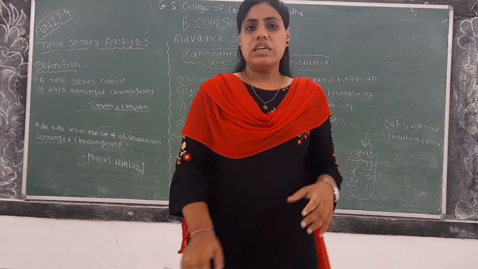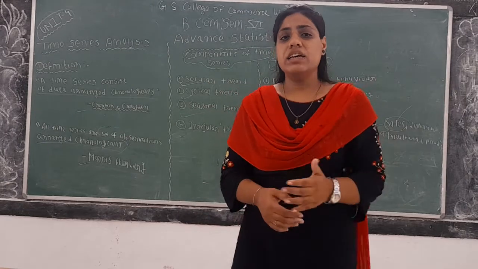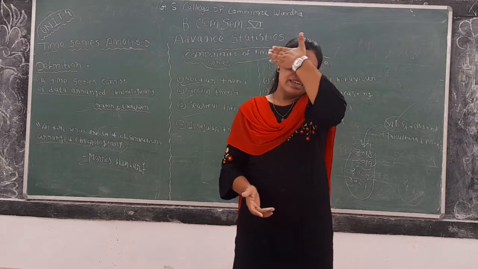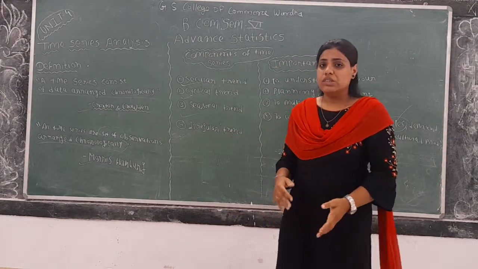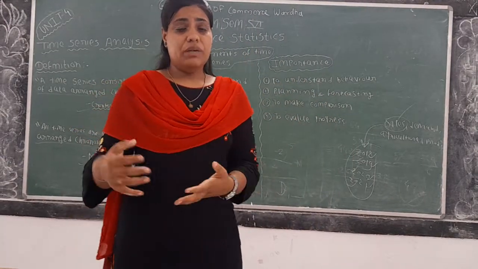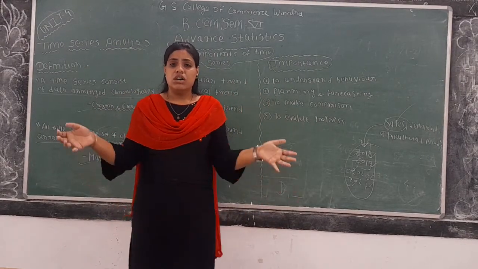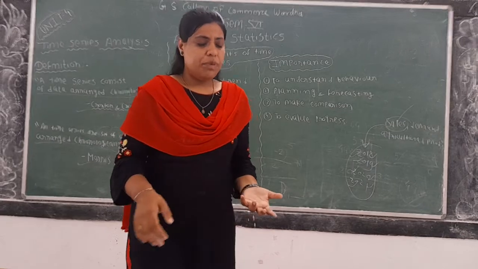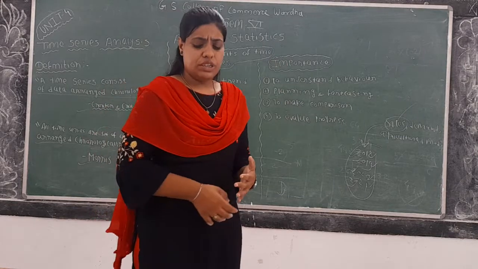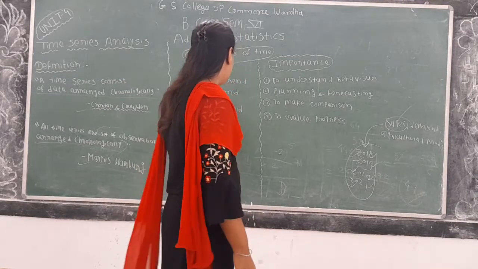Okay, so what is basically the downward trend? We have discussed rightly. When data or the element goes on declining, they show decrease year by year, so we call it downward trend. When we talk about the death rates in the developing economy, they generally show the downward trend. Okay, when we talk about the epidemics, the rate of epidemics also shows the downward trend, because the government takes various measures in order to reduce those rates of epidemics. Okay, when we talk about the mortality rate, it also shows the downward trend.